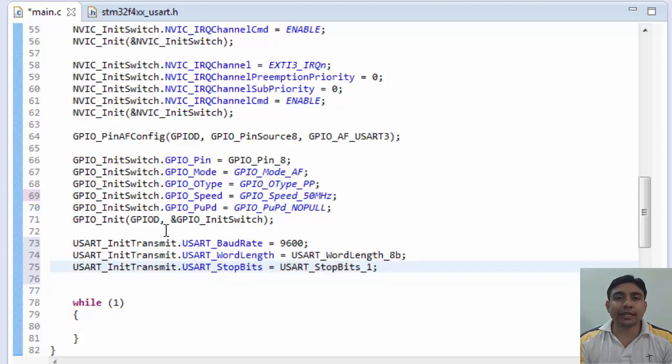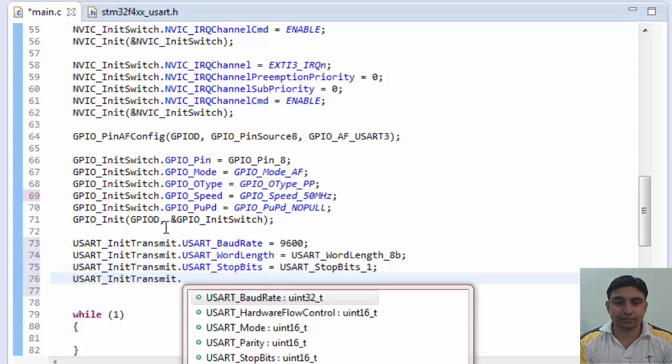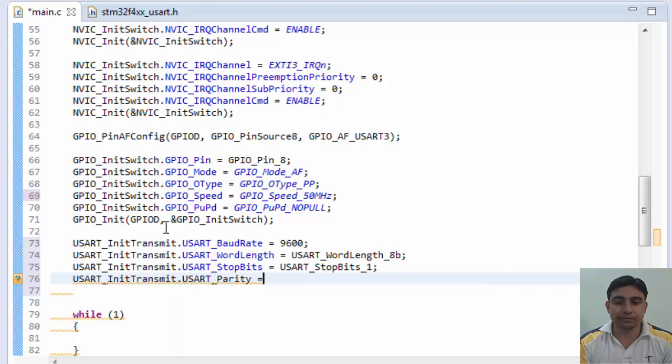In this we are setting one stop bit. In this we have 4 options to choose from, as I already showed in the previous tutorial. So we are right now choosing one stop bit. Now next, in this we are configuring the parity bit.